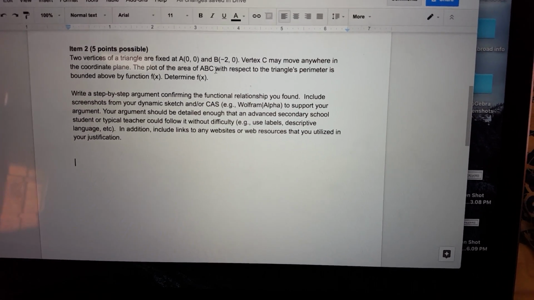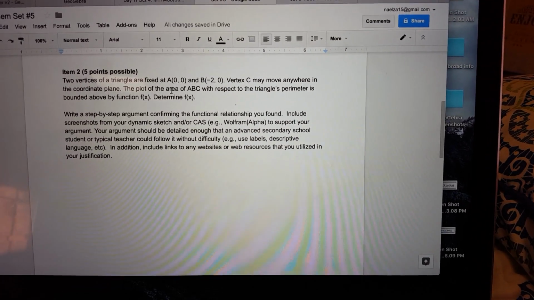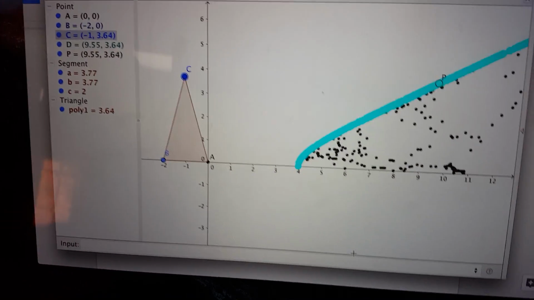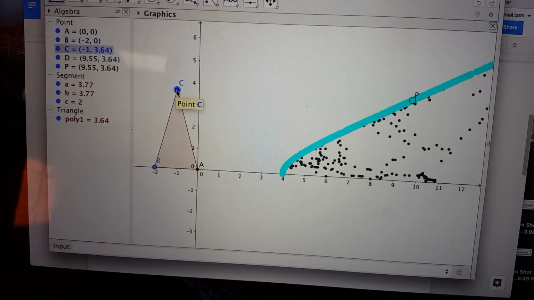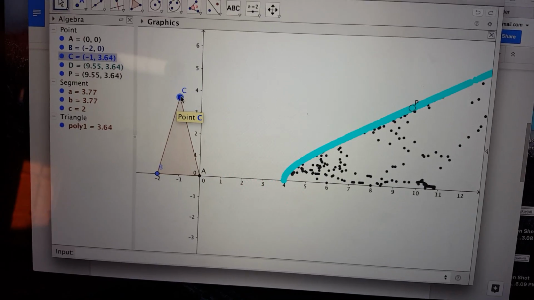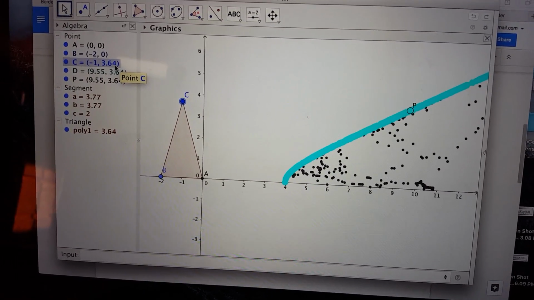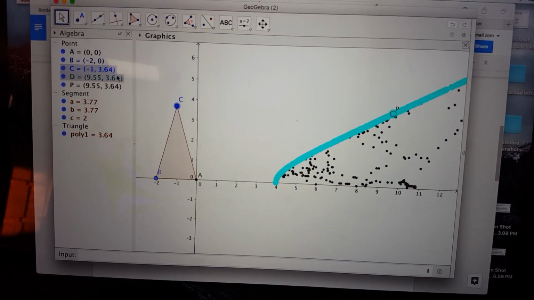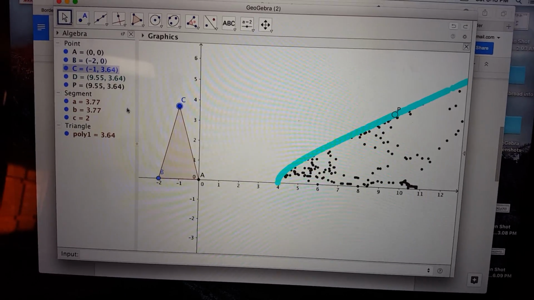So what I forgot to tell you guys in the previous video was the relationship between the area and the perimeter. So if I go back to GeoGebra, the height of the triangle is also the y-coordinate of point C, which is highlighted right here as 3.64. So what I notice is that the height, and therefore the y-coordinate of point C, is the same as the